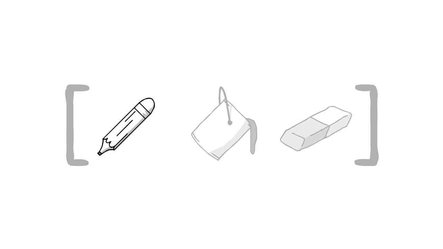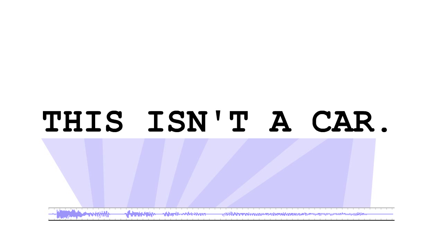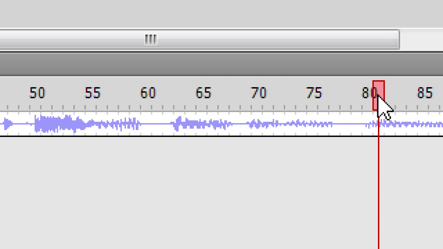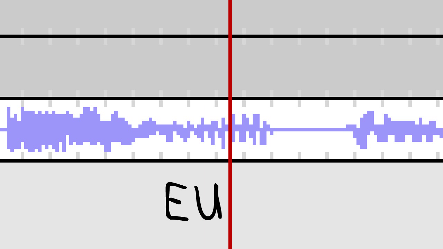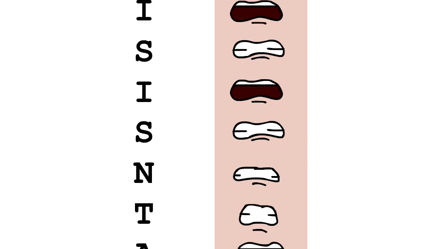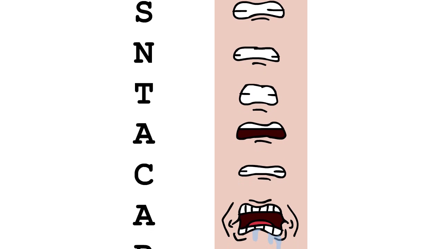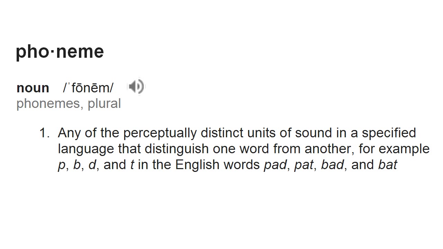So the first of the 3 steps is the most fundamental, actually drawing the mouths. You'll probably want to start by providing yourself with a simple visual equivalent of the sound, as dialogue and scrubbing the timeline one frame at a time doesn't mix too well, at least in my opinion. So if you type out the dialogue, edit it so it progresses sound by sound using keyframes like this. It says in a car. Then you'll have some markers for what phonemes go where. Also, phonemes. Your mouth makes different shapes for different sounds and it'll serve you well to know them.